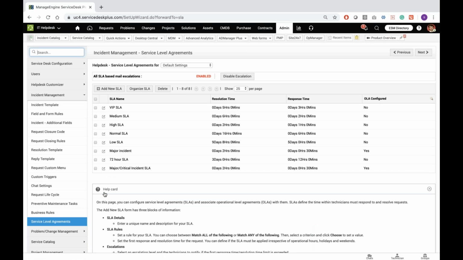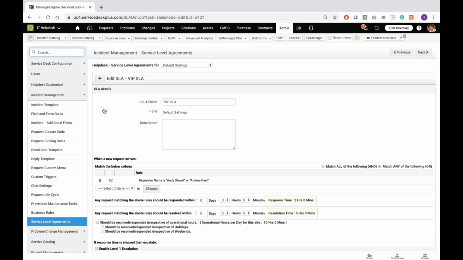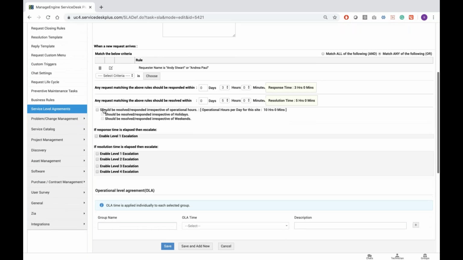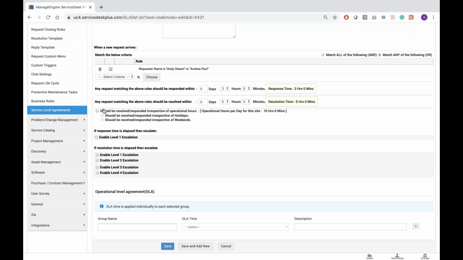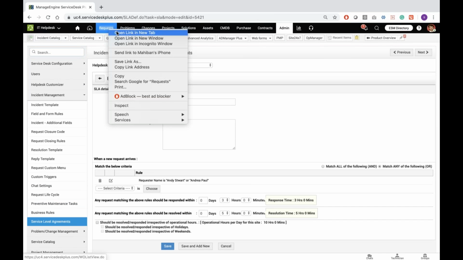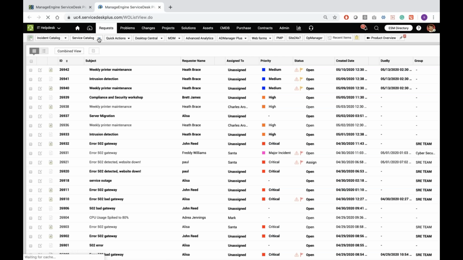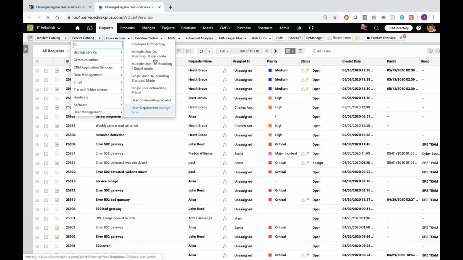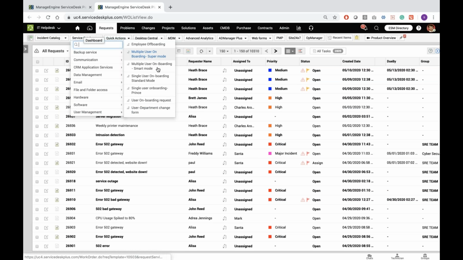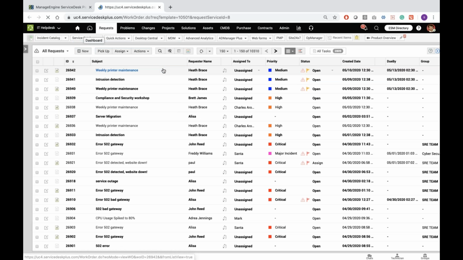Now, the service level process, again, we have for incidents, and we have it separately for service request management, because incidents are going to be based on different conditions and different values. The SLAs have to be gauged and assigned. But when it comes to the service request process, it is based on that specific service. So we need the end users to understand the SLA that has to be adhered to for each particular service. That is why, when we create different services, we have SLAs predefined on the service forms.